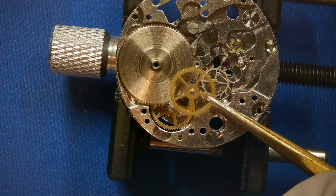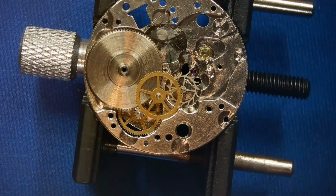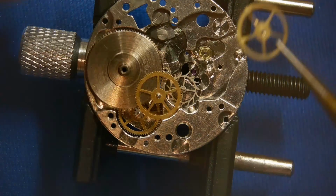So this is a little bit weird. Having to put the barrel back in before I can do the main bridge is abnormal from what I'm used to. And also the minute wheel style is different. How it feeds, I guess you could say, drives is the better word. How it drives the wheel on the other side is abnormal. It's cool. I mean, it works, I guess, but